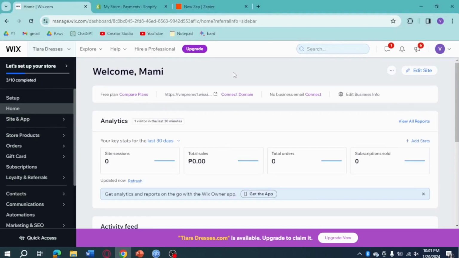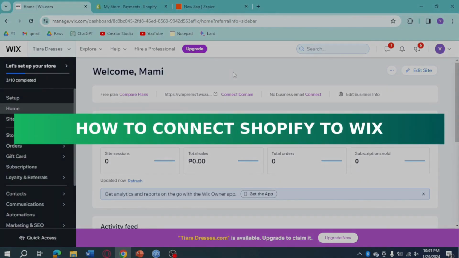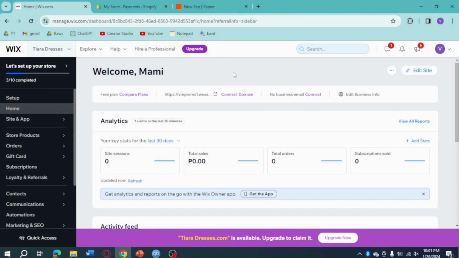Hey guys, in this video, I will show you how to connect Shopify to Wix. So let's get started. In order to do this, you first need to have an account in both Wix and